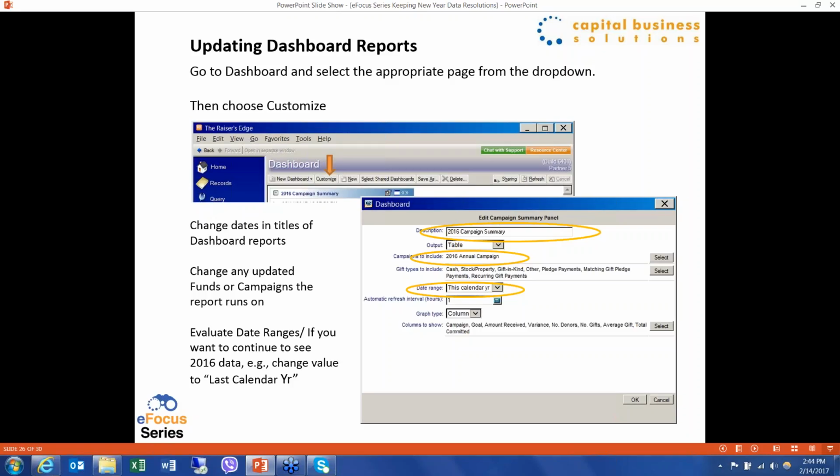We're now into 2017, and you're going to get nothing as the results, no dollars in the results of this summary, because it's looking at last year's campaign, but this year's date ranges, and feasibly there would be nothing in that. So look at the dashboard